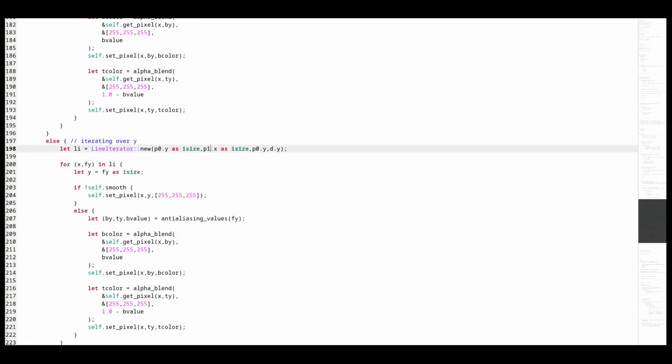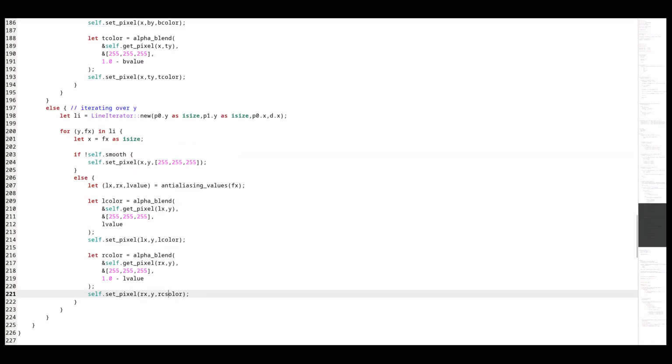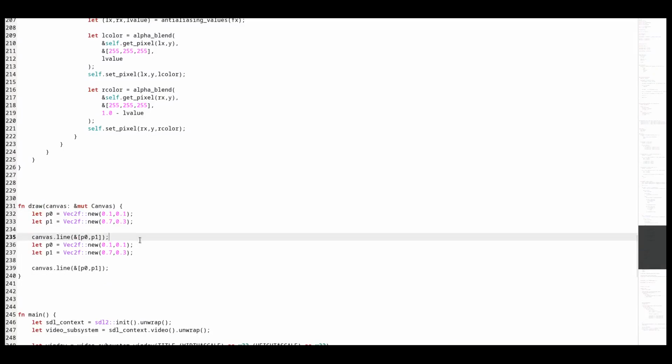That's not a pretty solution, but I don't know how to do better. So now we can draw more vertical lines too.